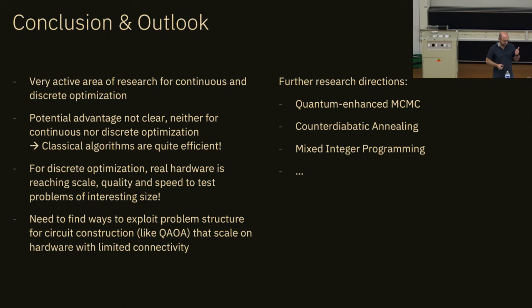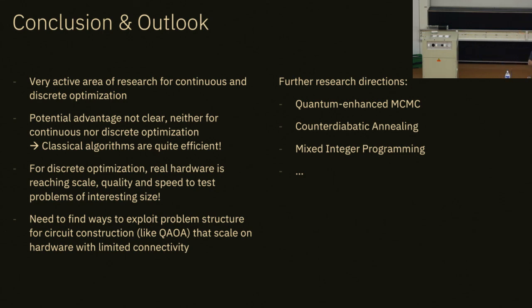I mentioned speed. Peter mentioned speed earlier as well. We saw this runtime for QAOA, where even if you do not do any optimization, you're already at 1 minute for 500 variables. I think speed will also be crucial for these algorithms. This is on superconducting hardware; if you go to other hardware which is orders of magnitude slower, then running these algorithms at scale will become prohibitive at some point.